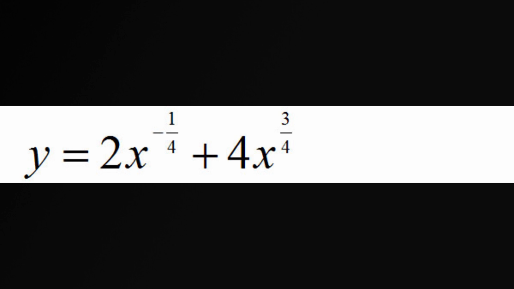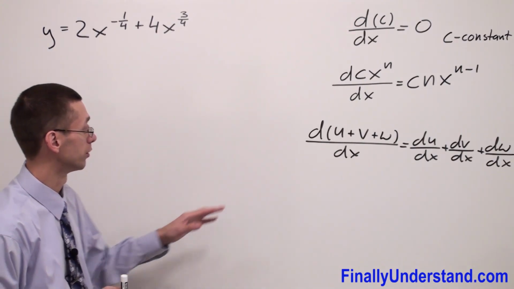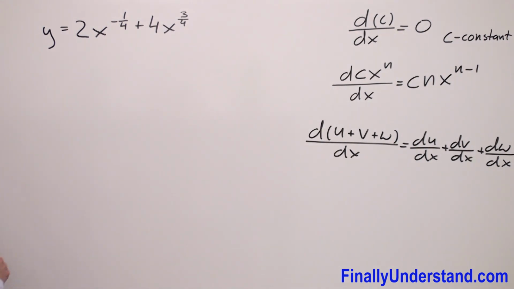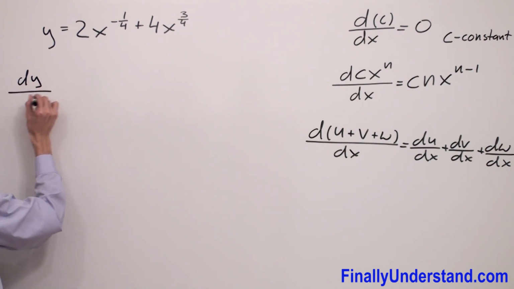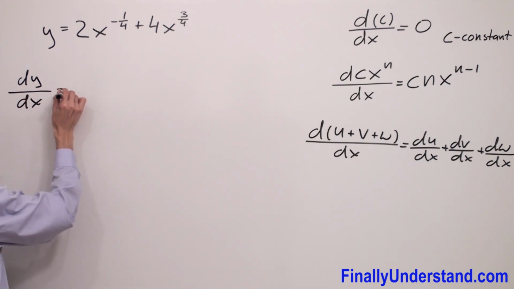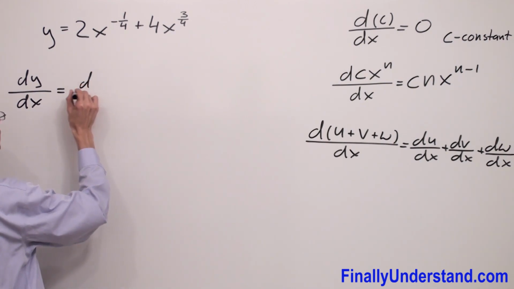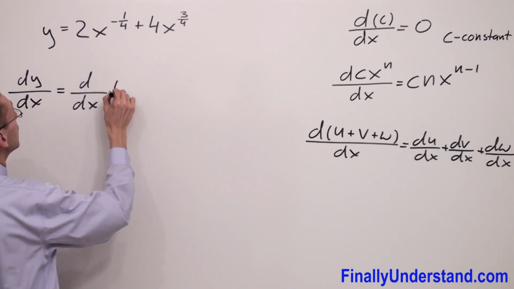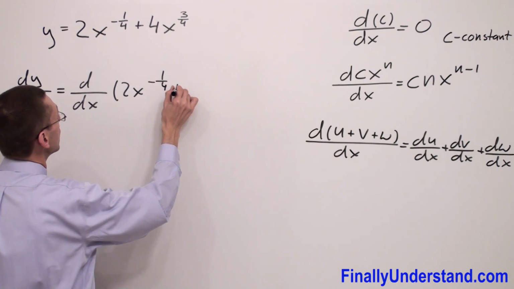We have another example on the board. Now, you're supposed to realize that we're supposed to start first with this formula for the derivative of a sum. So we have dy over dx is equal to the derivative, of course, with respect to x, of 2x to the negative 1/4 plus 4x